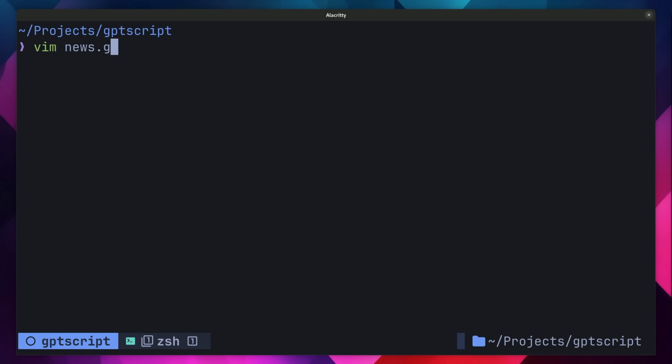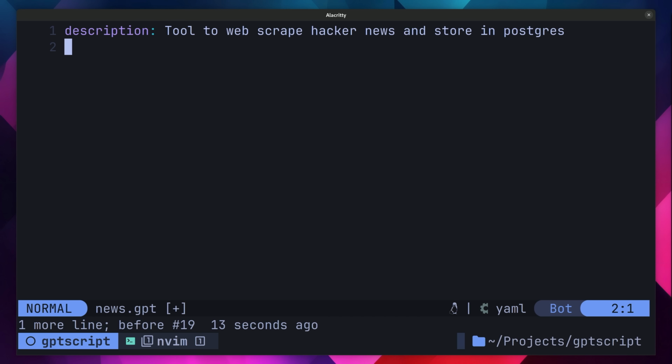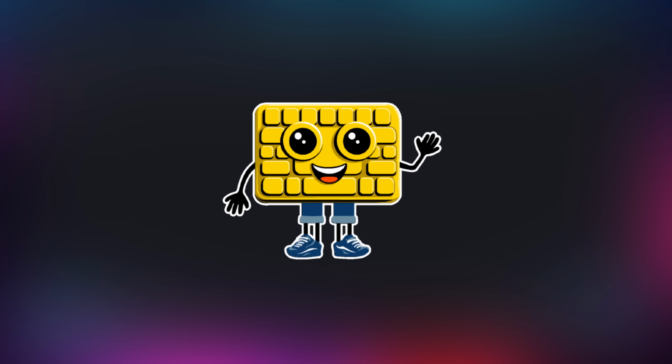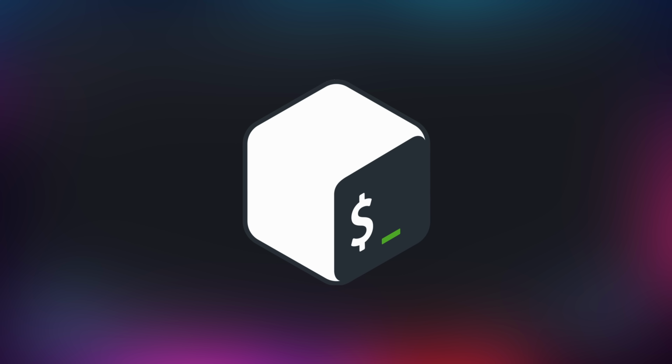To begin, let's create a new script file and start populating our instructions. Let's begin by writing out that we want a series of actions to be performed in order. The first thing we want to happen is for GPTScript to start up a Postgres database for us. However, rather than using natural language to do this, let's go ahead and define a bash script that GPTScript can